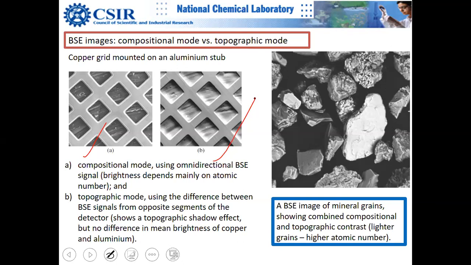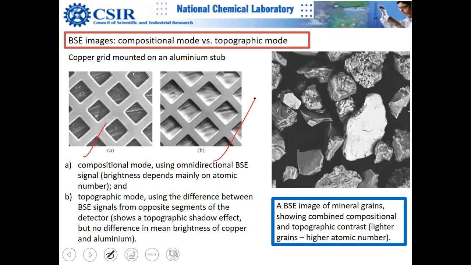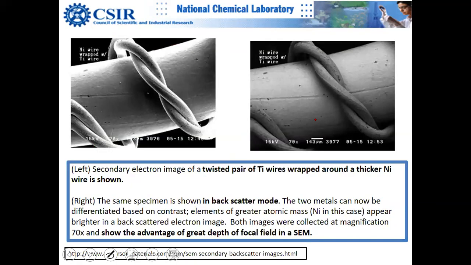And this is another image here. You will appreciate the depth of field, which is quite beautiful actually. You can see the depth of field here. You can see the grains very clearly, even in the deeper areas. But don't attempt to determine their depth. You will get lost in the depth. There's no depth sensitivity; it's a false sense of depth. Some people try to do that. Don't do that.